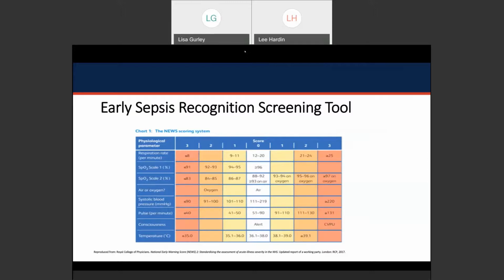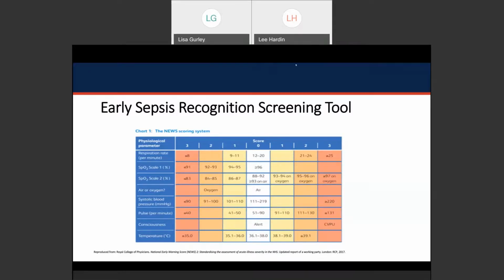Arterial hypotension is characterized by a systolic blood pressure of less than 90. And you can see that that's here on the far left of the slide, so that would be the more severe score of 3. Although it's not listed on the slide, mean arterial pressure, or MAP, is also an indicator. So a mean arterial pressure of less than 70 millimeters of mercury would alert the nurse that there could be